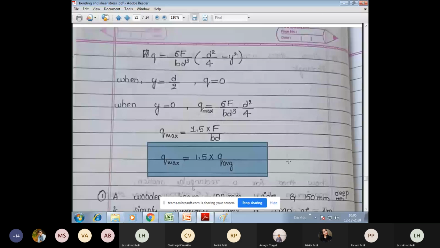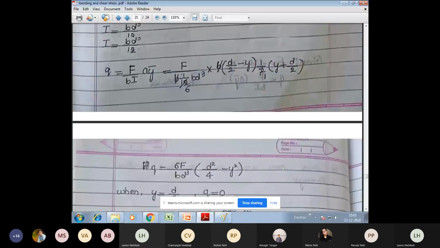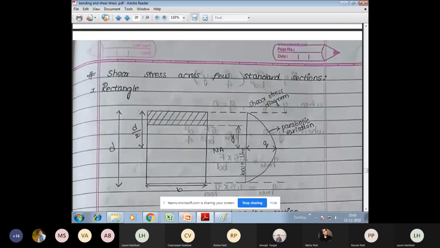Now this is only for the rectangular section. Remember this. So you may get a small question: prove that or show that for a rectangular section, Q maximum is 1.5 Q average. So this is what you can derive. Even after this derivation, you will get to know the shear stress variation diagram. As you have done it for the bending stress, here I have done it for the shear stress. So this is my baseline. Of course, in case of shear stress, there is no tension or compression. I'm talking about shear now.